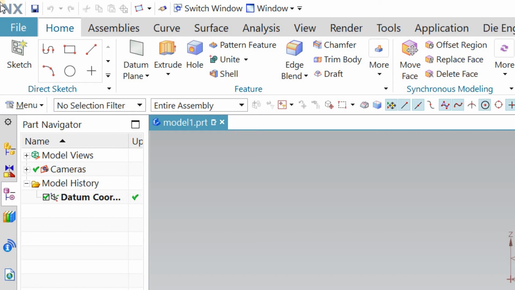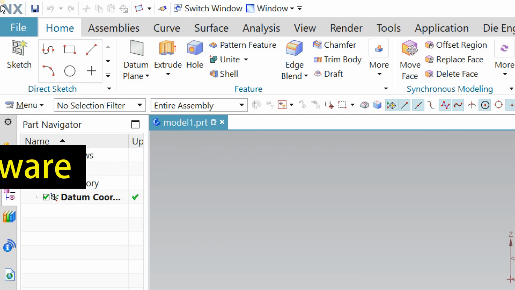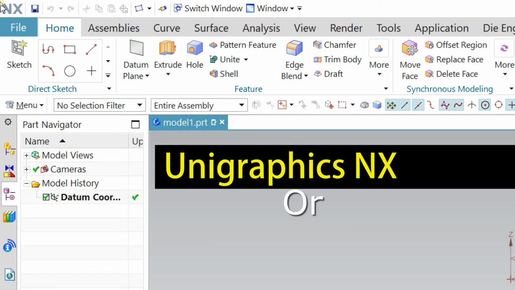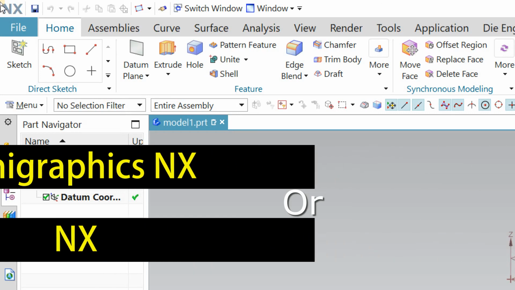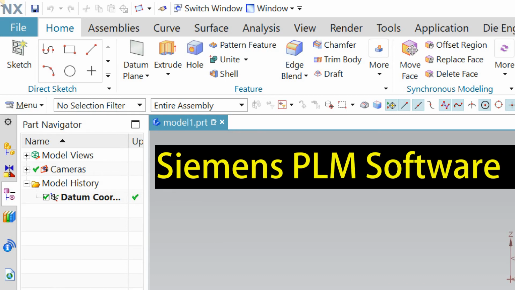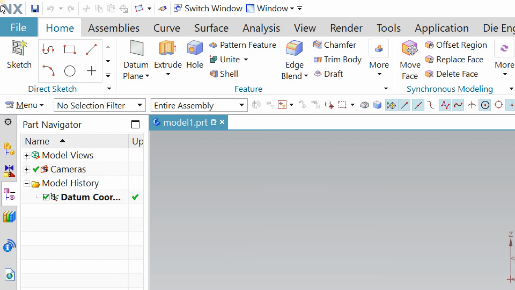The software was owned by Siemens PLM Software in 2007, which purchased SDRC I-DEAS and began an effort to integrate aspects of both software packages into a single product, which became Unigraphics NX, or we can simply say NX. So basically, the developer of NX software is Siemens PLM Software, and the first initial release of this software was in 1973, which is near about 47 years ago from now.